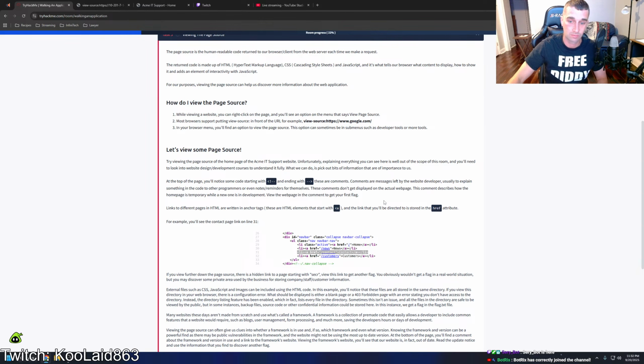Links to different pages in HTML are written in anchor tags. These are HTML elements that start with an a and the